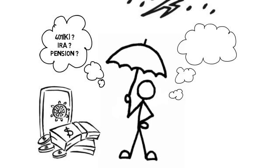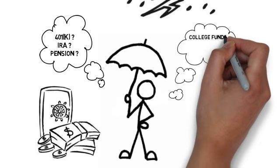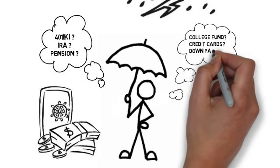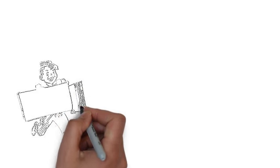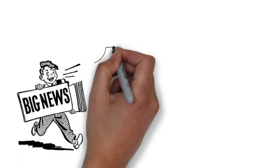Do you need extra money for your child's college education? Do you need to pay down high-interest credit cards? Do you need a little extra cash for a down payment on a home? Whatever the reason is, it is always better to borrow money from your own investment, and it's even better if